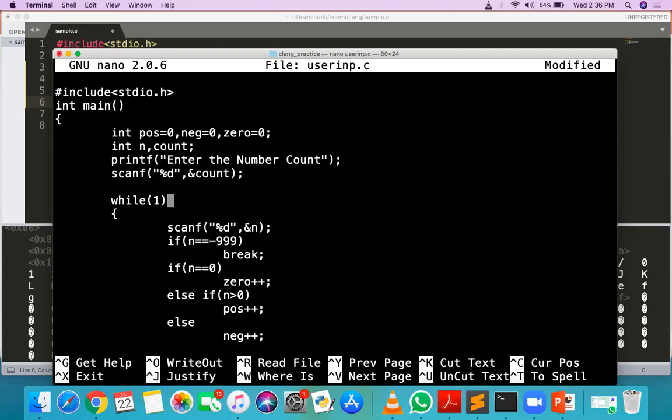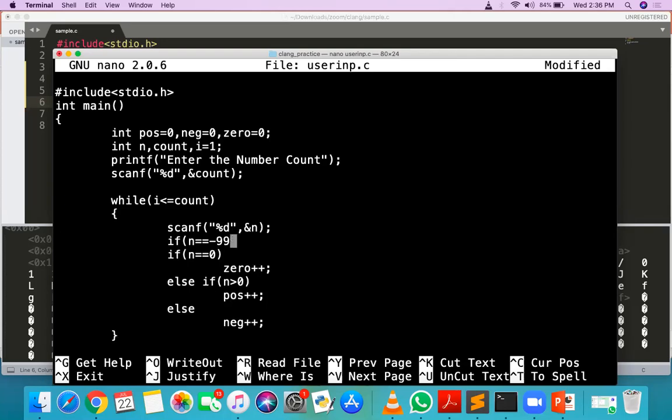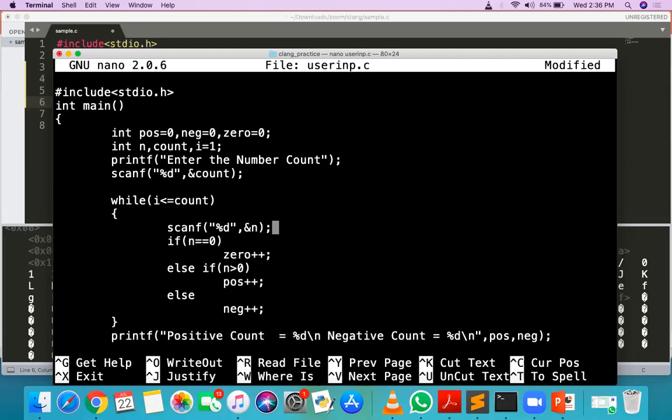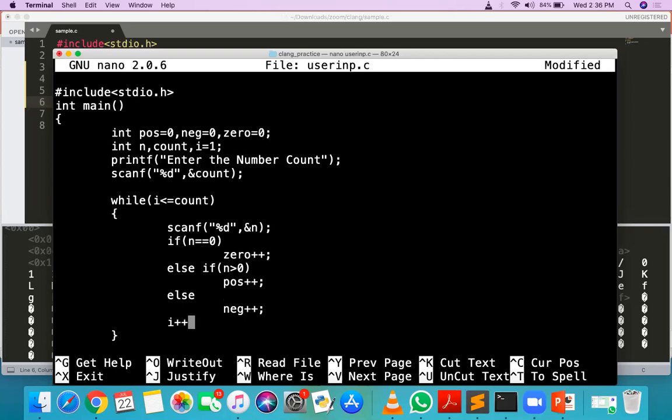Then I need to execute it count times, so I need one more variable i that starts with 1. So i less than or equal to count, and now no need to give this if statement here. And after this i plus plus.